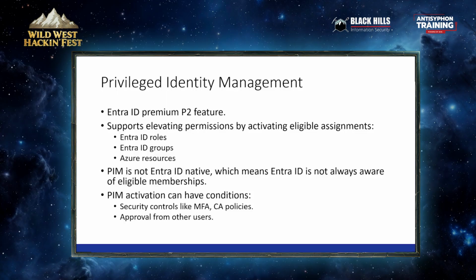For those who are not familiar with this, it's kind of like a separate feature. You need to have a license for it, but then you get these eligible assignments. Most people know this from the Entra roles, because that's kind of half natively integrated in Entra. But essentially, Privileged Identity Management is a completely separate service. So Entra doesn't know that Bob is an eligible member of this group. This is purely a Privileged Identity Management thing, so you're not going to find that data in Entra. You have to talk to the Privileged Identity Management API to actually see that.